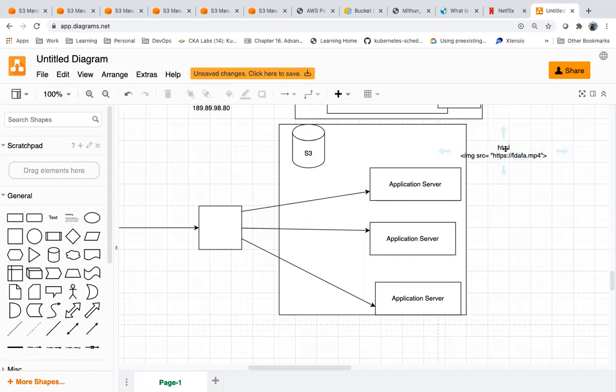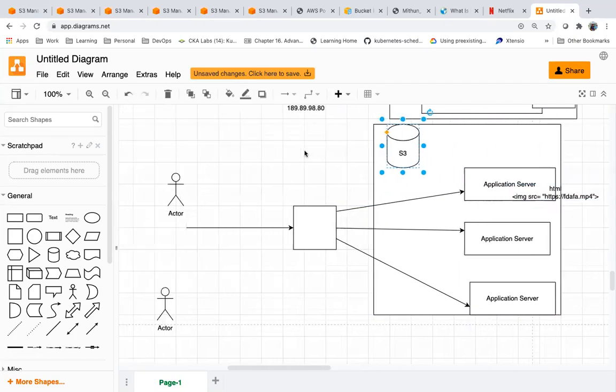We have only code here, and no static files as part of the application. The data is part of S3, so the files will be rendered or streamed from S3. I can call S3 a data lake where I can maintain my data and stream it, accessing it from anywhere.